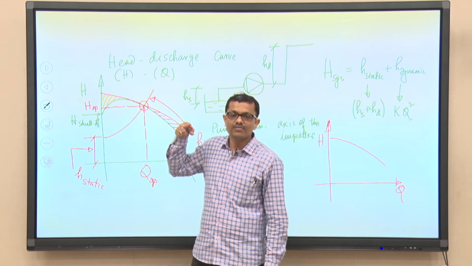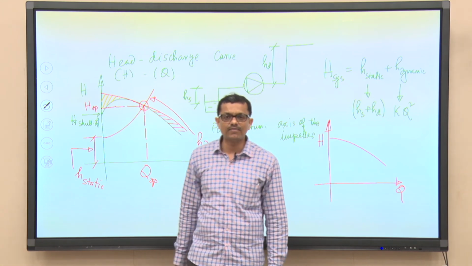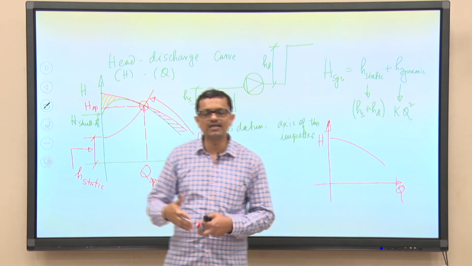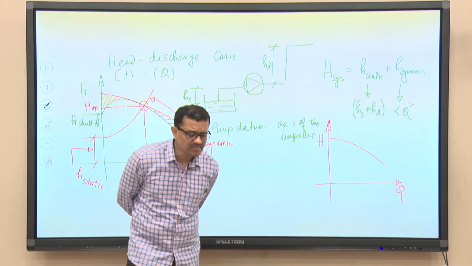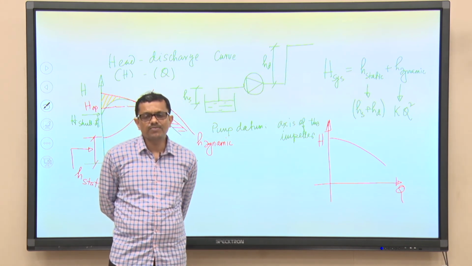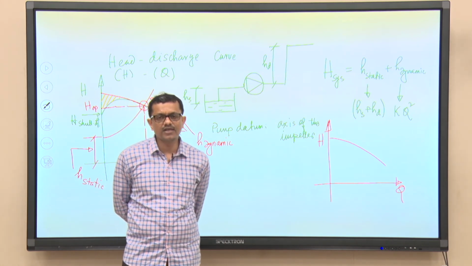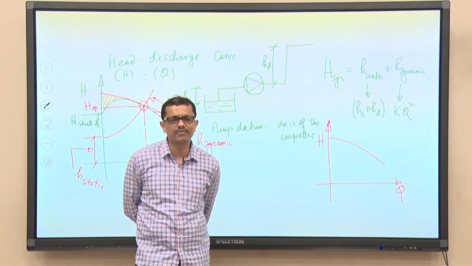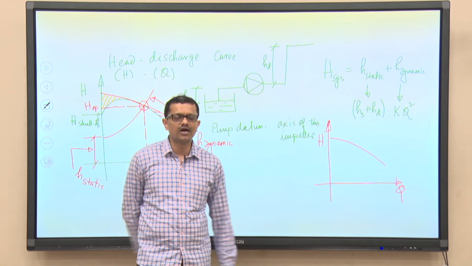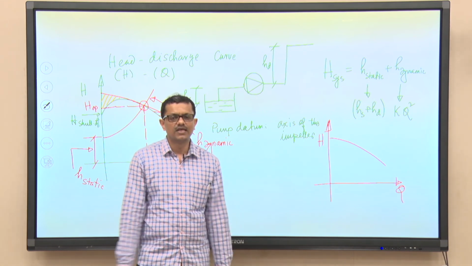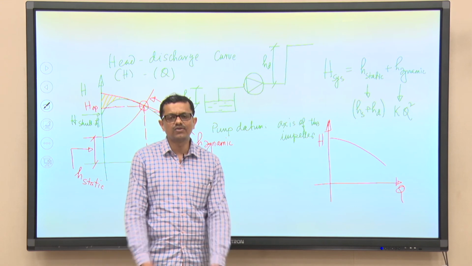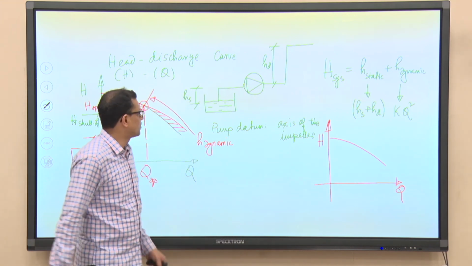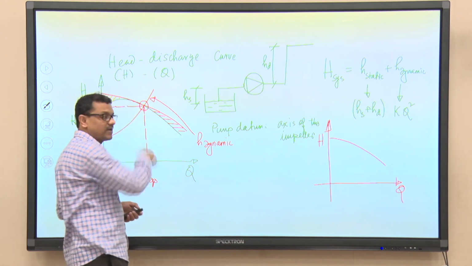Why is it happening? Because flow velocity at the suction pipeline is not uniform. Again I am telling, that is what we have studied in classical fluid mechanics, that when flow takes place through a closed conduit, definitely a boundary layer will form along the solid boundary, and since it is a viscous fluid, because of the momentum loss in the region very close to the wall, there will be recirculation, formation of eddies, etc. So, that separation loss will be there.